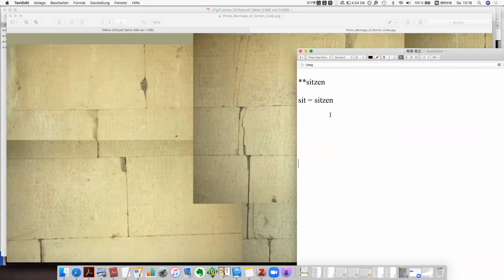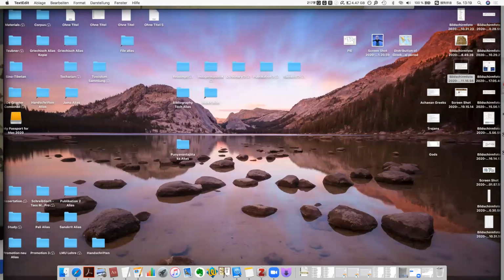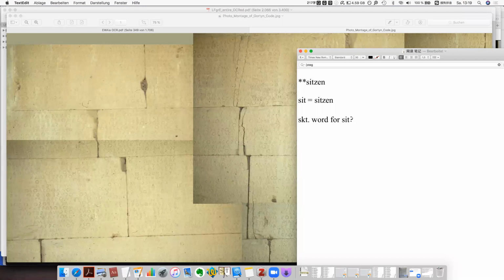Can anyone tell me the Sanskrit word for seat? What is the Sanskrit word for seat? The Sanskrit root for seat. Not stand, seat. The verbal root for seat. I think you must know that, right? Can anyone tell me the Sanskrit root for seat? Well, if you don't know,